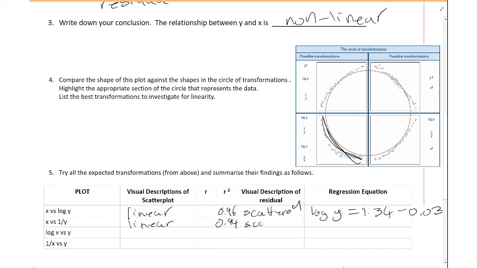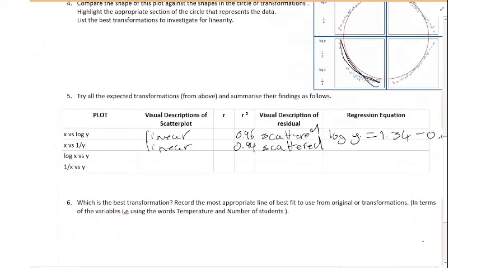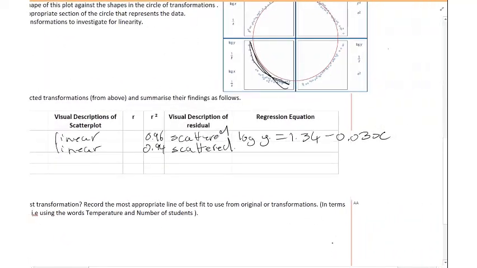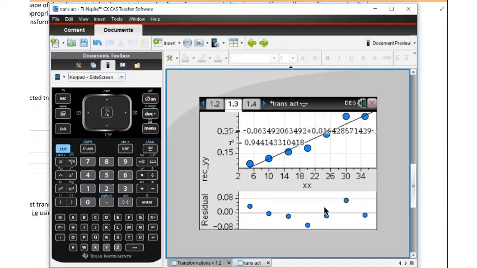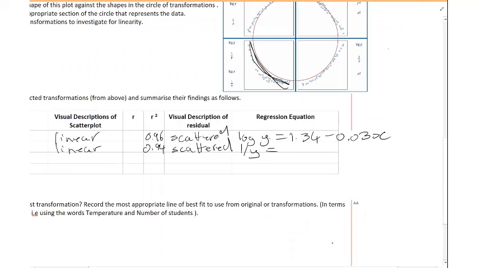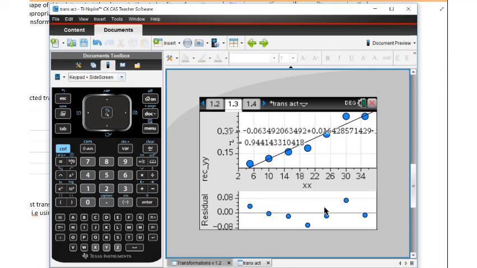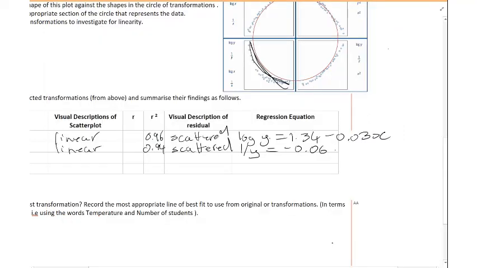Going to go scattered. And so in this case, it's going to be 1 divided by y equals negative 0.06 plus 0.016